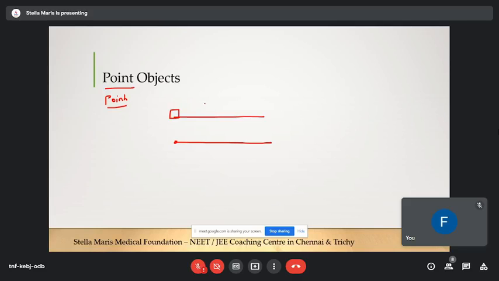And the second point is that the size of the object should be less than the